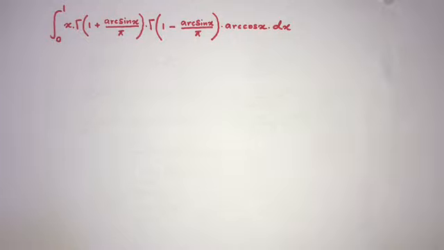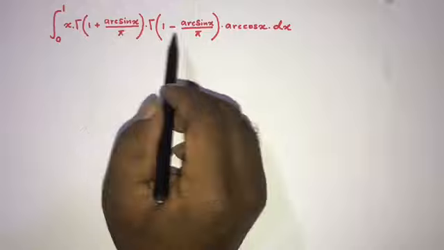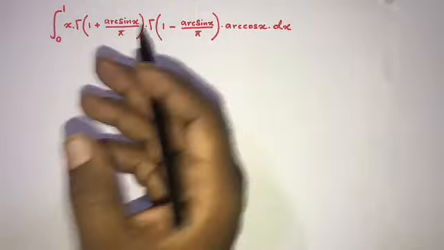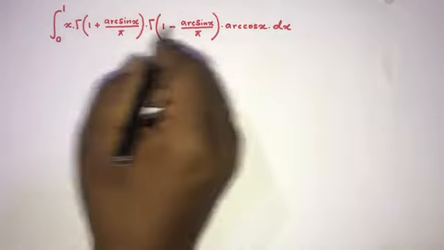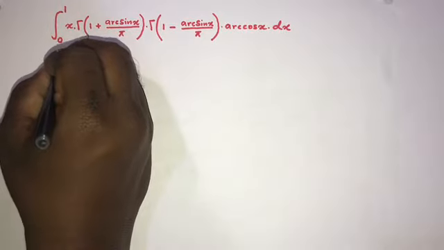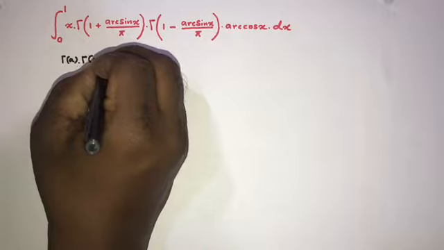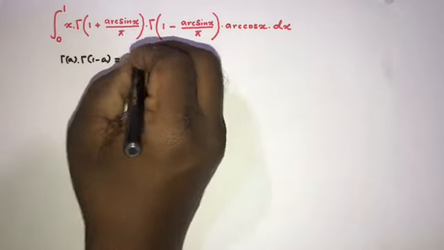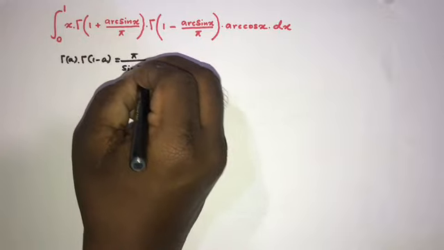First, here we have the gamma function. So if we take the relation with the gamma function, let us try to simplify these gamma functions. We know Euler's reflection formula: gamma of A times gamma of 1 minus A is equal to pi over sine of pi